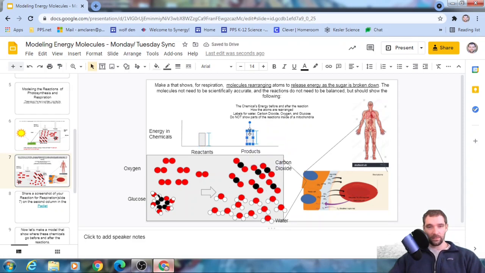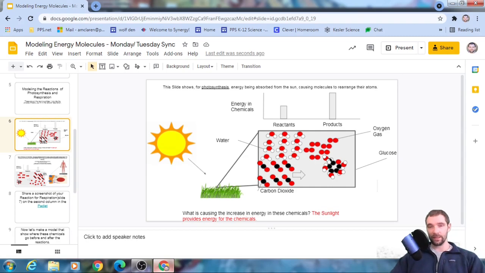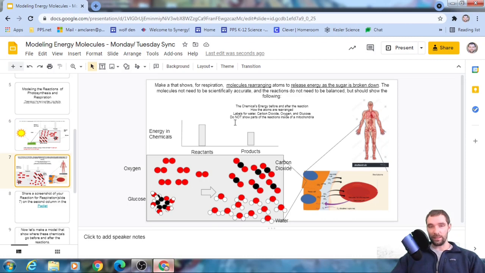So here the reactants should have more energy than the products, because basically what we typically say is this energy is given to ATP, which is a different chemical reaction. So it's powering another reaction, like how the sun is powering this reaction and letting that go forward. This reaction's energy will be given to another more usable, smaller energy form called ATP in the cells, where they can actually use that to make like proteins